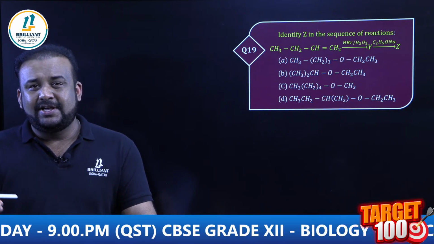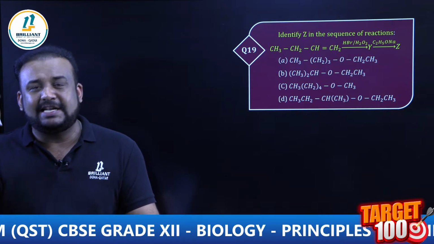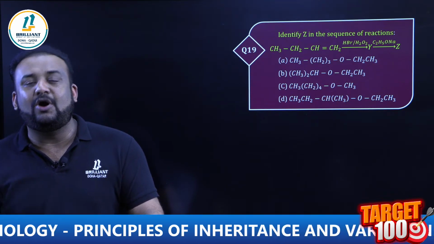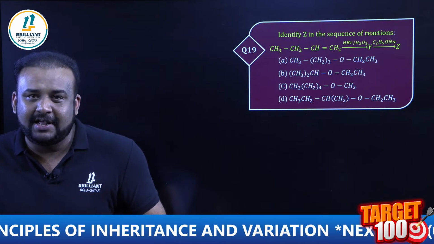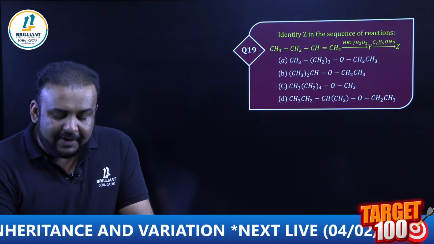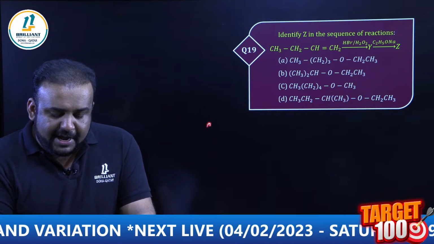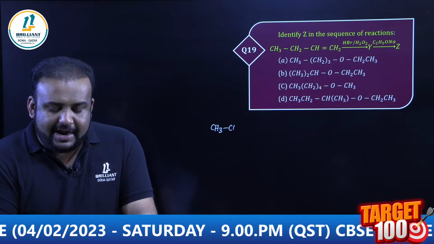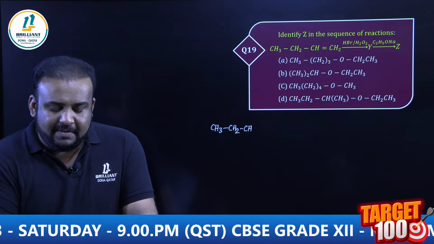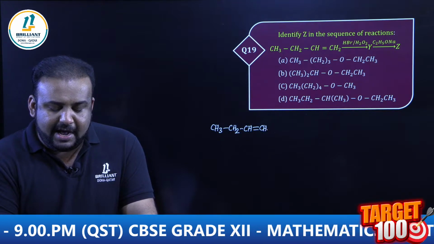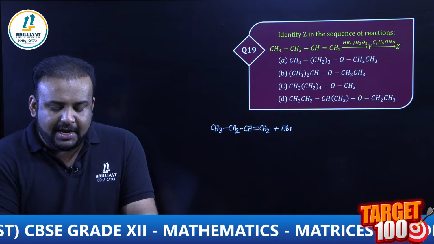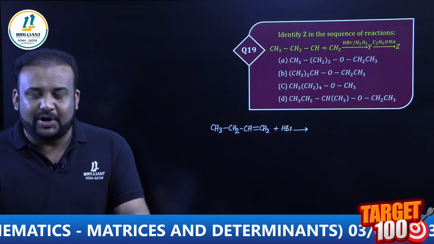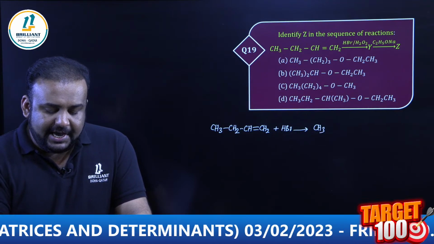When you see that, your hippocampus should recollect and tell you that it is going to be an anti-Markovnikov's addition or a Kharasch effect kind of addition, isn't it? So where will the HBr add? HBr will add in such a way that the negative part of the addendum, Br minus, is going to add into that carbon which contains more number of hydrogens. This is anti-Markovnikov. So you will get